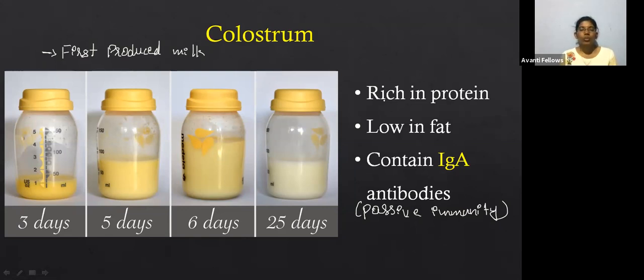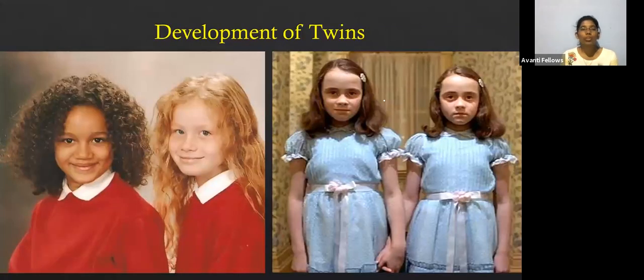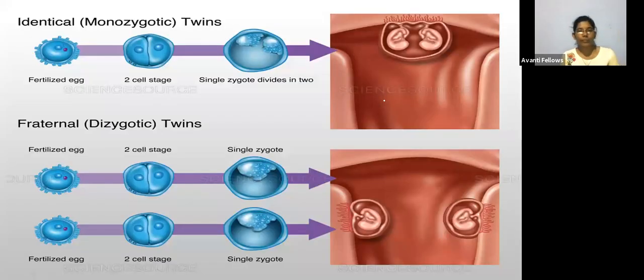Is it clear? So far we have discussed the post-fertilization events: how the zygote develops as a morula, then blastula, and implantation takes place at the stage of blastula. Remember this. The blastocyst and blastula are the same. Then gastrula, placenta formation and its function, how the nine months growth of the baby takes place, and finally parturition and lactation. Development of twins, I have told you. For better understanding, there is a slide you can observe here.